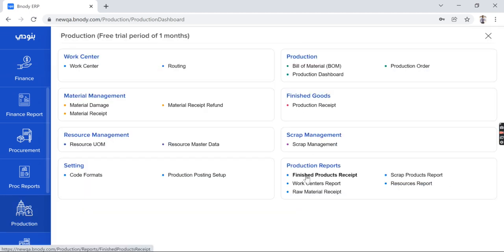After that we have a lot of options here: the finished product receipt, the scrap product report, the work center report, the resource reports, every report regarding the production module. Also, the code formats are available here. The material